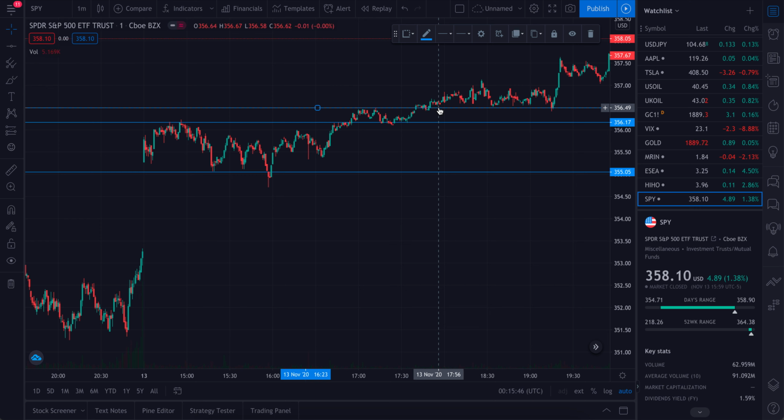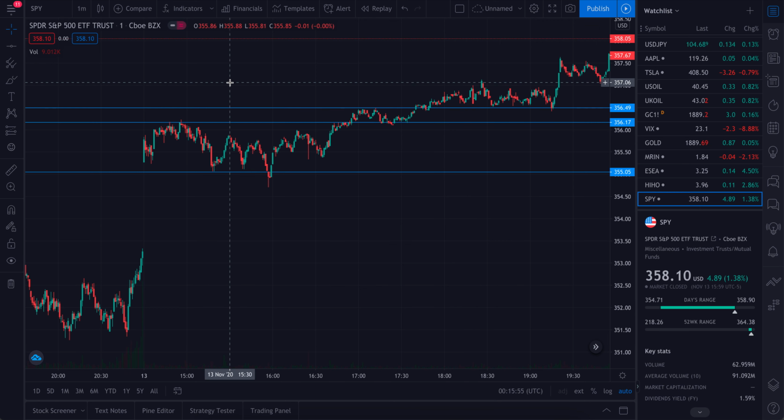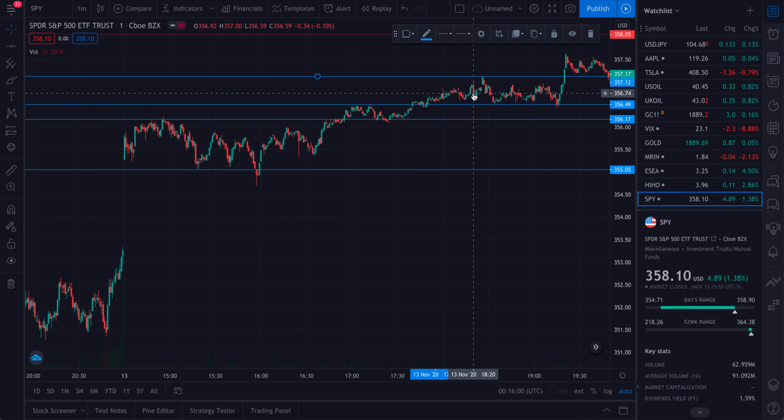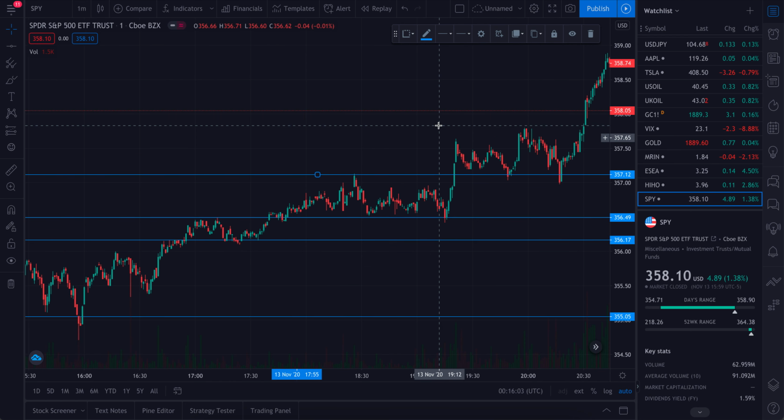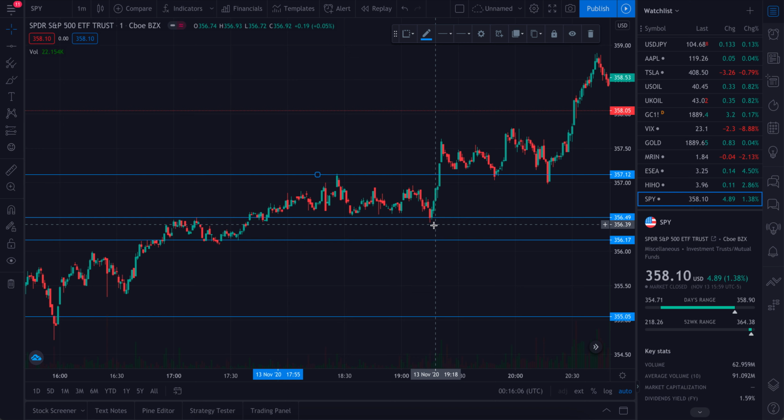Never broke through, and sure enough, came back up and started setting new highs of the day until it hit here. Another level of resistance. So SPY was trading, following the levels of support and resistance, bouncing off, no confirmation candle here, extreme volume pickup here, as you can see. SPY broke out and destroyed the previous level of resistance with one big bullish candle with crazy volume. Came back down, set another level of resistance here.